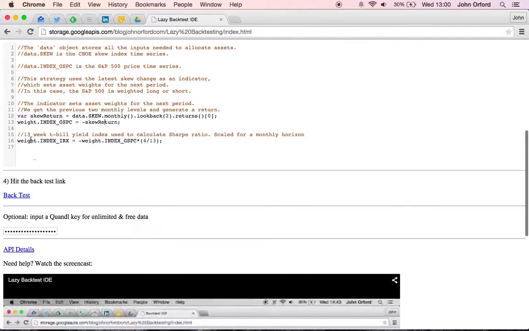Also, we weight the index IRX, and that's the 13-week T-bill yield index from Yahoo. It's really nice. You get about 50, 60 years. So what we're doing here is we're basically getting the, in inverted commas, risk-free rate that we need for a Sharpe ratio, right? So that's why we do that. So then finally we just hit the backtest button,